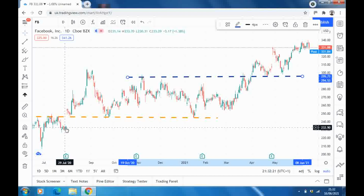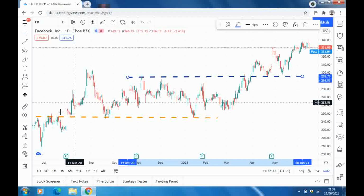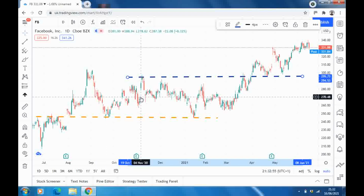It wasn't until the 30th of July that it jumped up on open above the previous resistance, and then it went off again. But as we can see, for a long period where that was resistance, that became a support level. So it would go up and then come back down and hit the previous resistance, which became a support level. As you can see, it's hit that a few times as the new